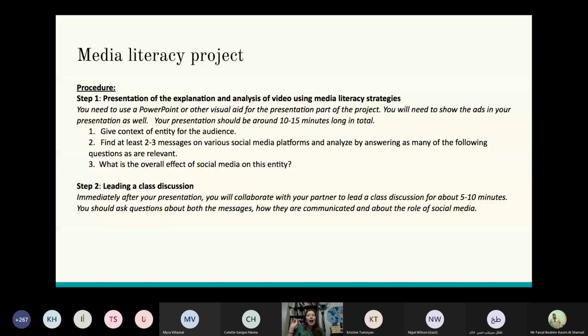I focused more on advertisements than news stories for this particular project, mainly because we had just gotten sent back home during the pandemic, and my students were already exhausted. So instead of having them analyze actual articles, I had them just analyze commercials or articles. I gave them a choice, and a lot of people chose to look at certain companies, and look to see how they were represented on social media platforms.